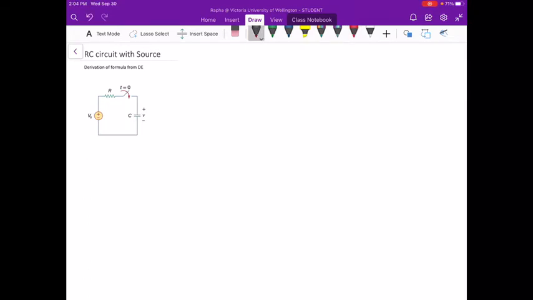So, assuming again that the capacitor is initially charged before the independent source is applied at t equal to 0, we have the voltage at the start, or our V sub 0, is constant. The same condition. Then applying KCL